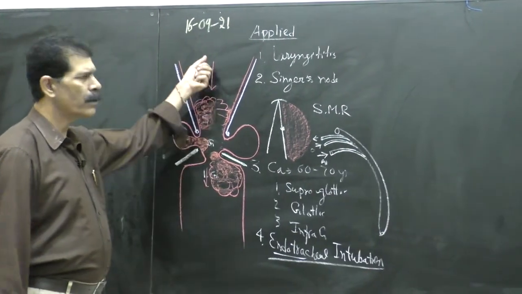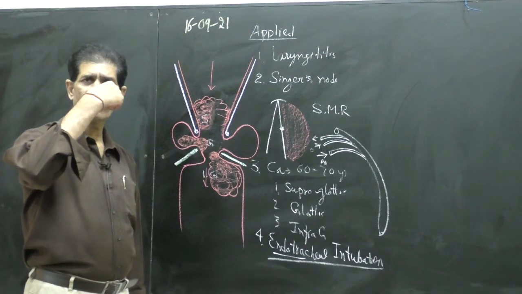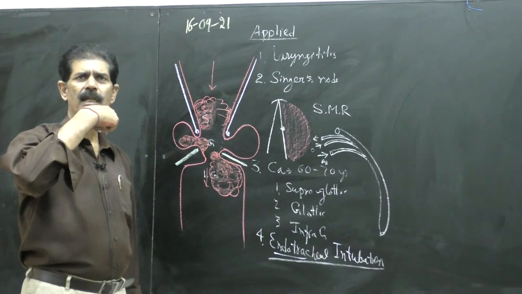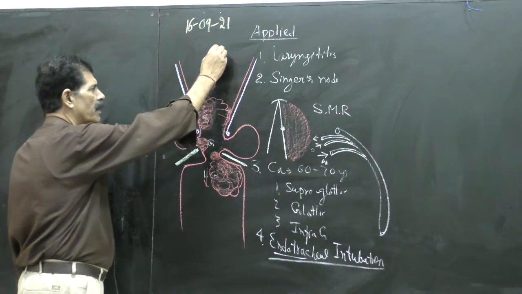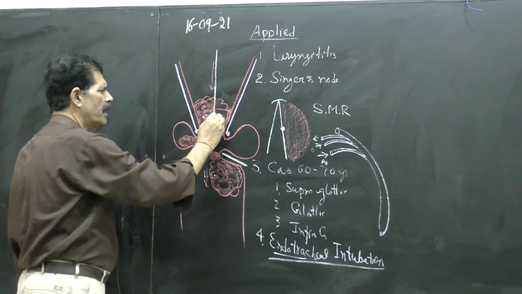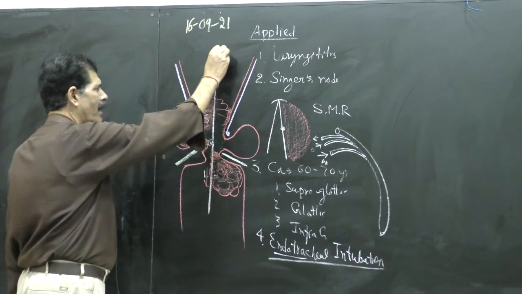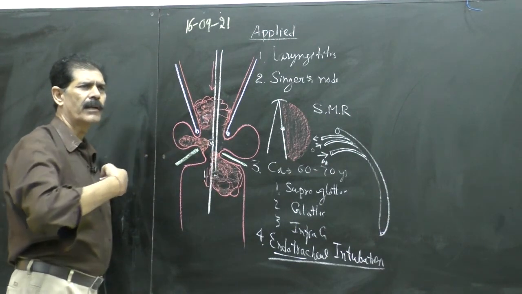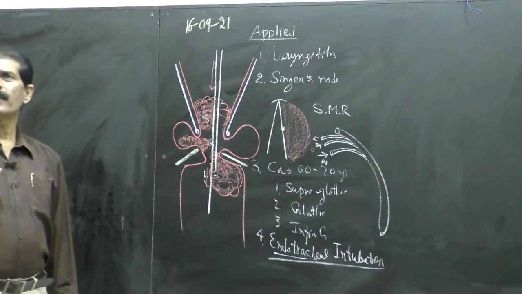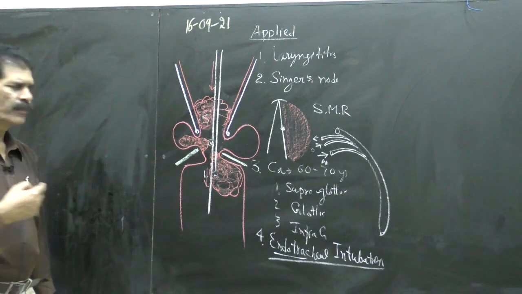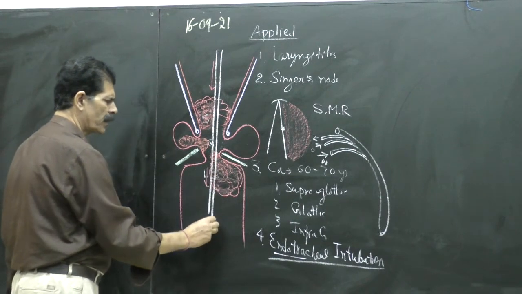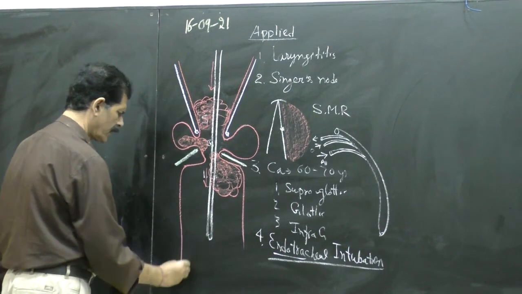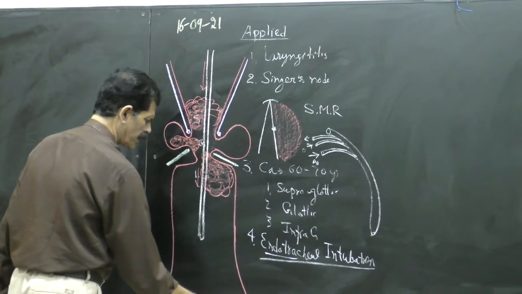So this tube is introduced from the oral cavity. It goes into the oropharynx, and from here it goes behind the epiglottis, and here it comes to the laryngeal inlet. So this is quite a long tube, starting from outside the oral cavity and going into the trachea just above the bifurcation at the level of T4. The tube reaches the trachea before it bifurcates into the right and left principal bronchus.